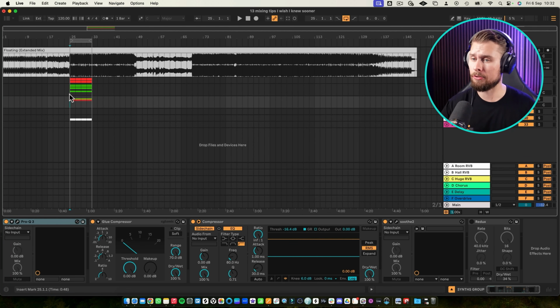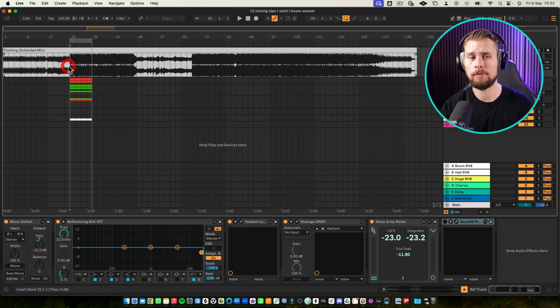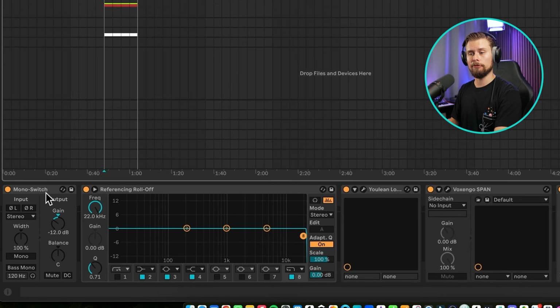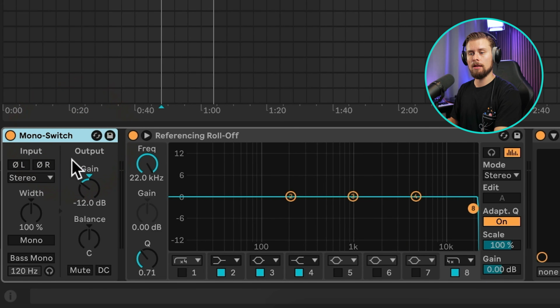So we simply drag our reference track into our DAW, into our dedicated reference track stem. And on this, I always have a couple of things already prepared for easy workflow. For example, for the first, we have a utility, which we pull down the gain with -12 dB, and this is to counteract the mastering that has already been done on the reference track, so we're not comparing apples with